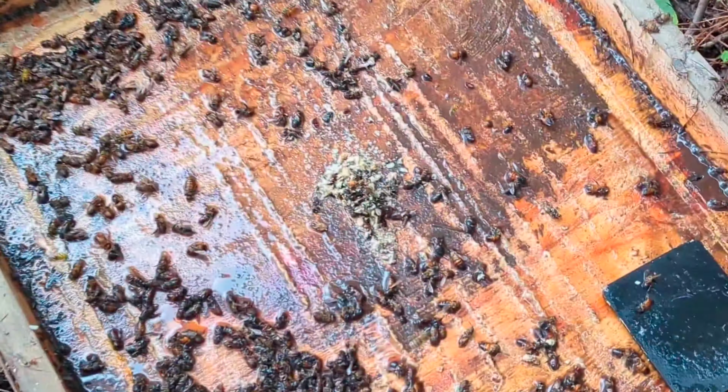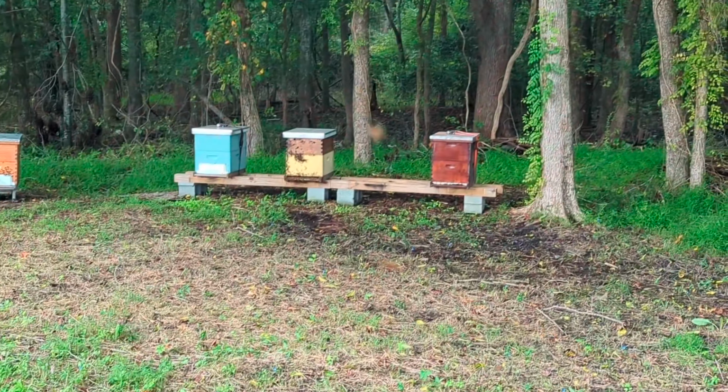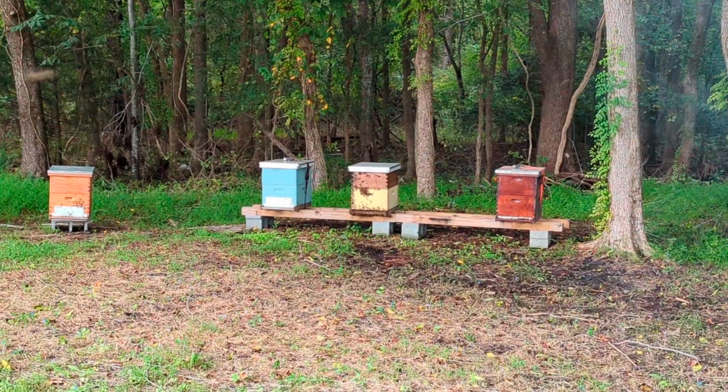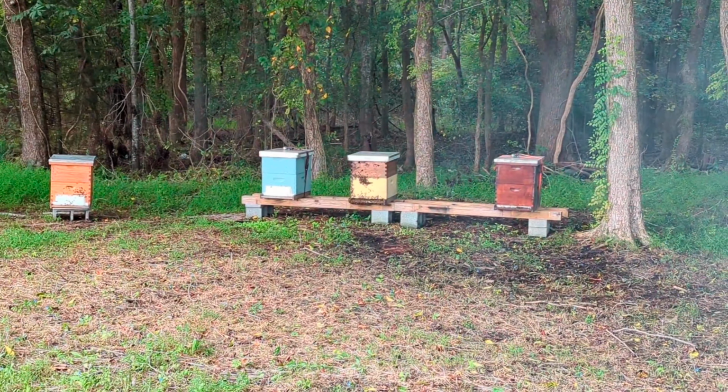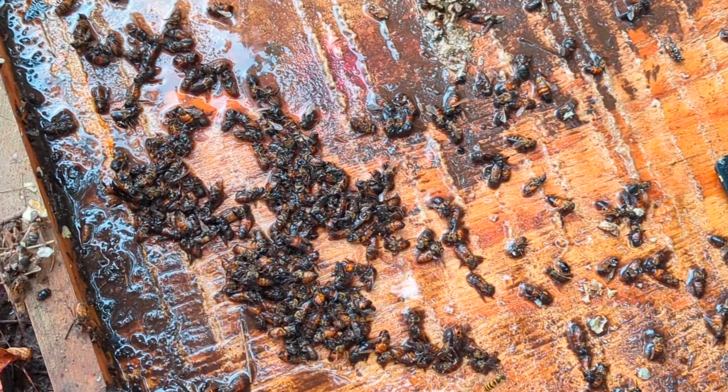Well, it looks like there was still some sugar syrup in that frame feeder that I put up there. So it looks like when the bear knocked it off, the bees hadn't quite consumed it. The brown one over there had a feeder, and the yellow one, but there's so many bees in there, they had pulled food out of there and actually started to draw comb in the yellow one. So they were fine. But this one, it looks like it was filled up with sugar syrup, and you can see when bees get wet,